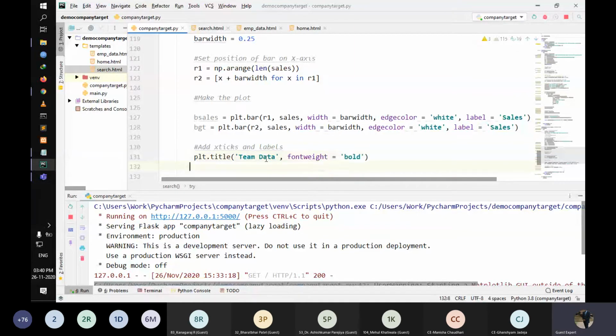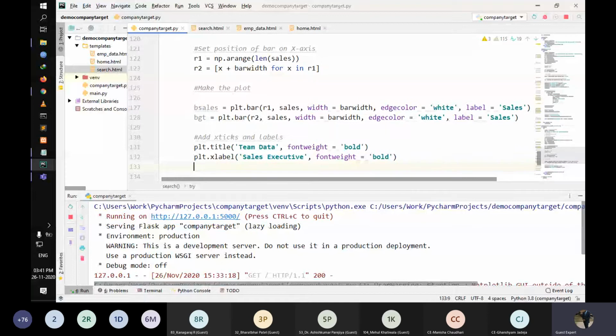And then after that we take the xlabel. Sales executive, as we discussed before, these are just labels that are going to be displayed below the x-axis, and on the left side of the y-axis. The graph would still work without this, but this is just some more detailing, so it looks better.